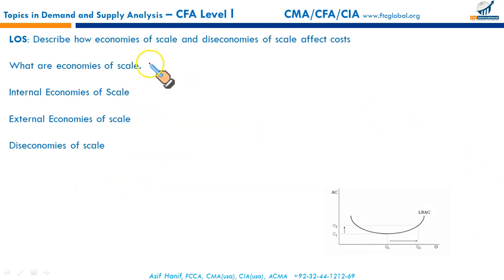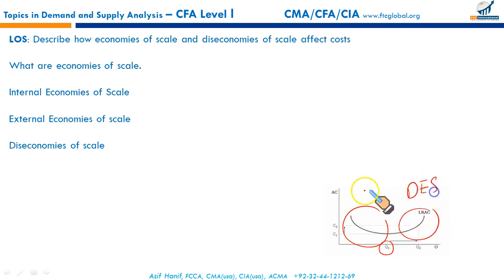So that's what we have covered. What are economies of scale? Internal and external, and diseconomies, all covered. This is nicely reflected in this figure here. This area, where average cost is falling with the increase in size of your output, is what you call the economies of scale. But right after this optimum point, your average cost is going up. This region is diseconomies of scale, and this region is economies of scale. So the optimum point is that we need to reach Q1, where the output level would be at a very nice level, or the right point.